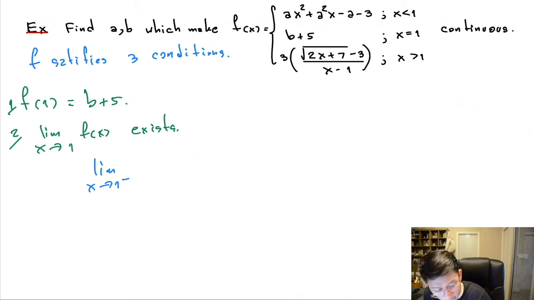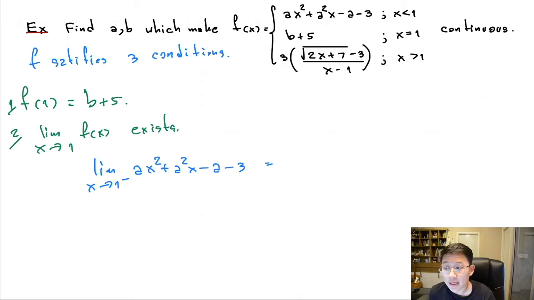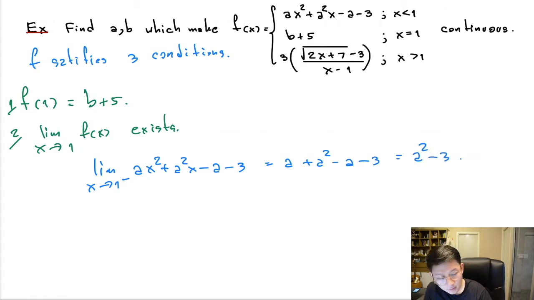It is ax squared plus a squared x minus a minus 3, and I substitute x with 1. So what I have is a plus a squared minus a minus 3, which is a squared minus 3. And then I look at the limit as x approaches 1 from the right-hand side, which is 3,